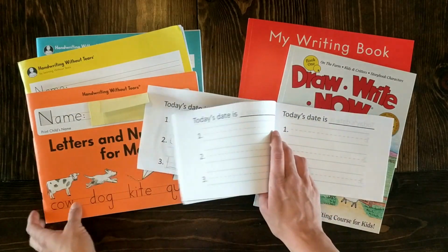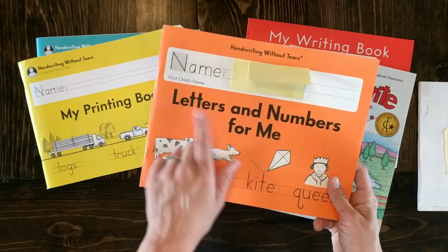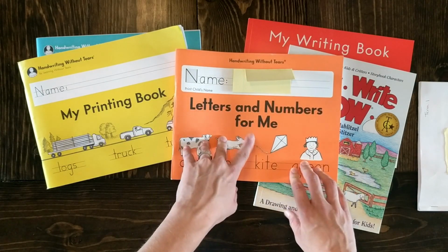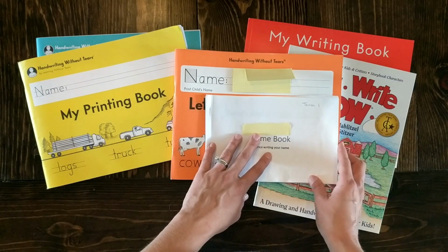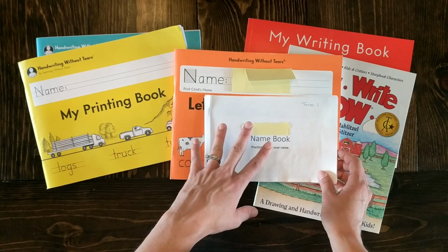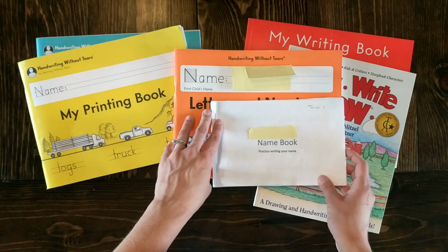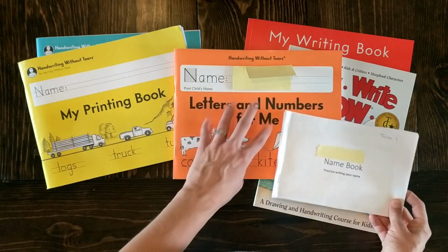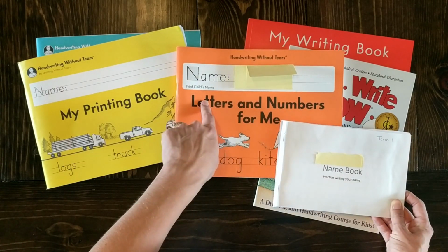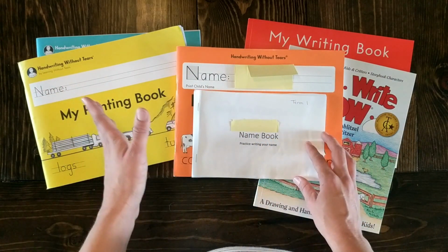Now, we're still working through our Handwriting Without Tears book over here, the first level, the kindergarten level, which is letters and numbers for me, and he hasn't actually gotten to the lowercase letters yet. So in the beginning of this book, I really have him practicing just writing his name in all caps because those are the letters he knows. But as we finish this book, most likely around the beginning of term 2, and we start moving into this book, he will have had practice with uppercase and lowercase letters, and I will have him start writing in the second term book,